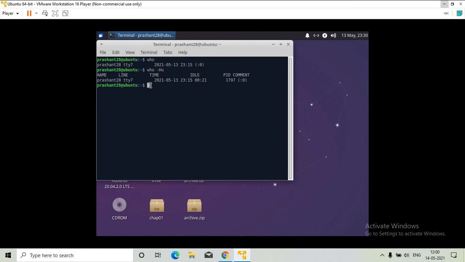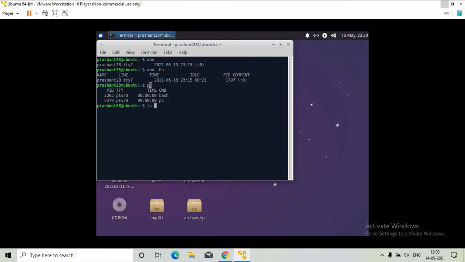One more command we have is the ps command. ps is basically used to get the process status, that is, which processes are running. So bash is a process and ps is a process. These are the processes that are running. Process status shows the current processes that are running. This is the use of ps.